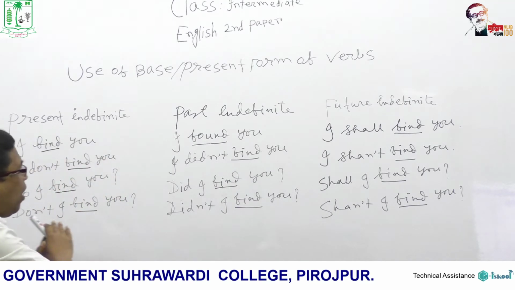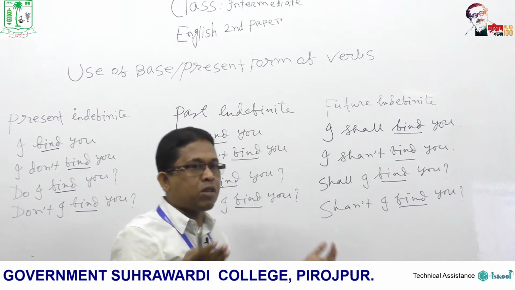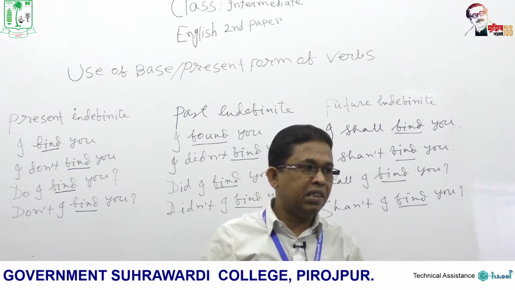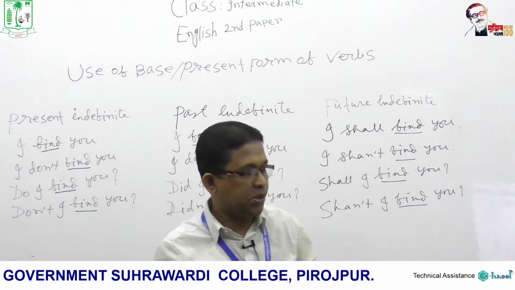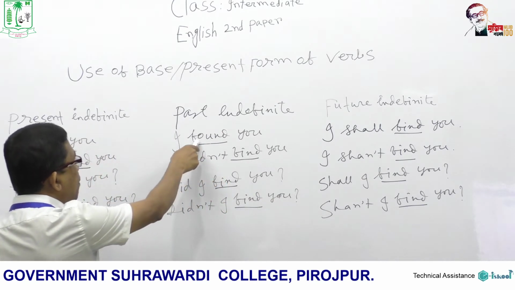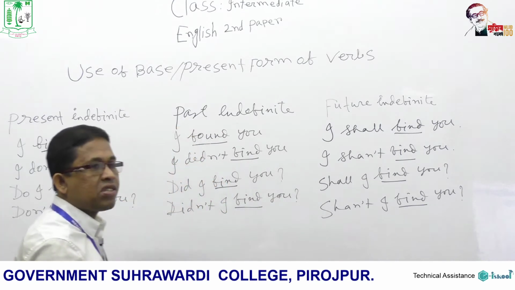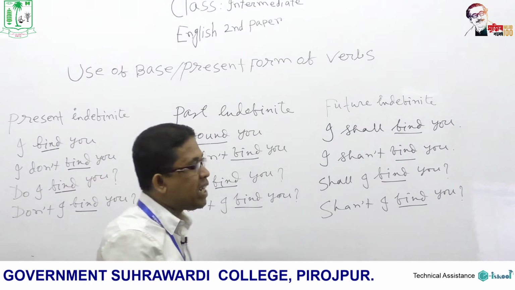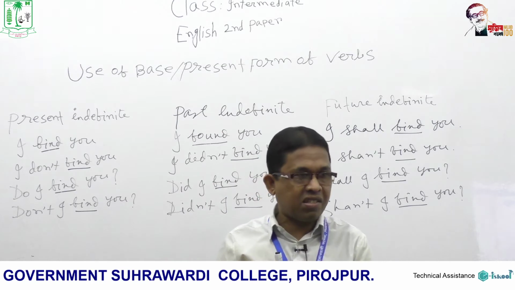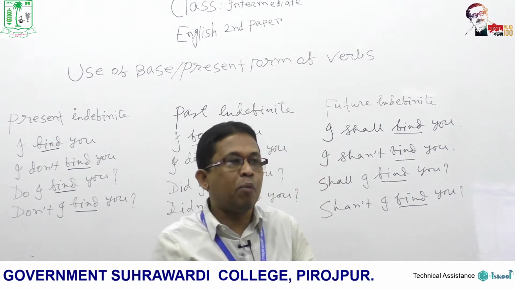So, in all the cases, irrespective of the types of sentences, we use the base form in the case of indefinite tenses. Only one exception, that is in the affirmative sentence of past indefinite tense. So, we are getting here 11 structures, as many as 11 structures, where we are to use the base form